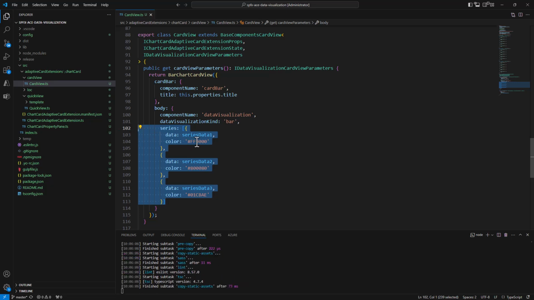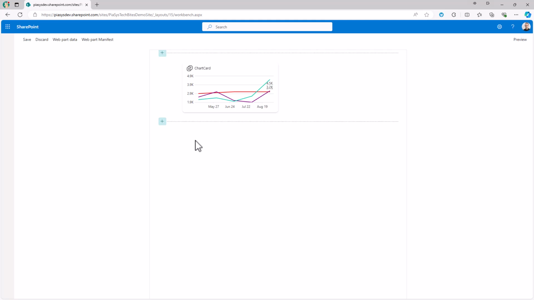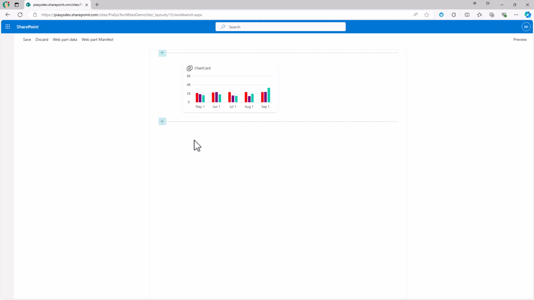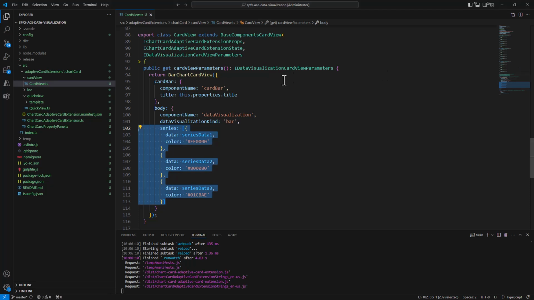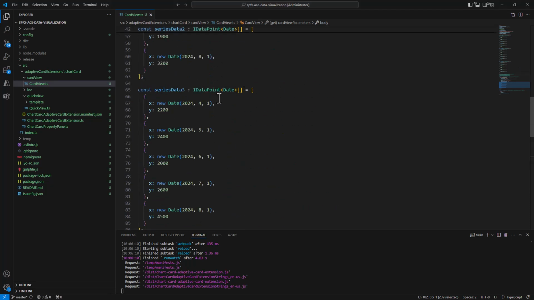If I save and refresh the rendering of my adaptive card in the workbench, we can see that right now we have, instead of the line chart, the bar chart. And for every single data series, we have a bar in this view. Now, let's say that now we want to see also the pie view. So first of all, with the pie view, we can have just one data series. And if the data series used for the line and bar chart were of type IDataPoint of T,